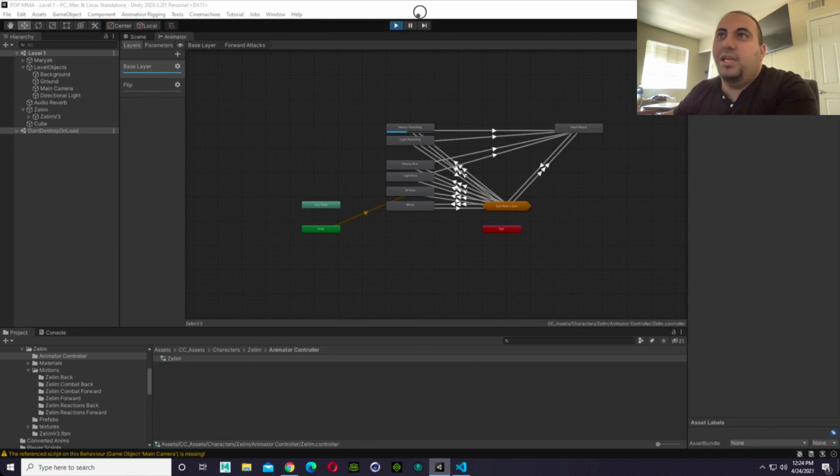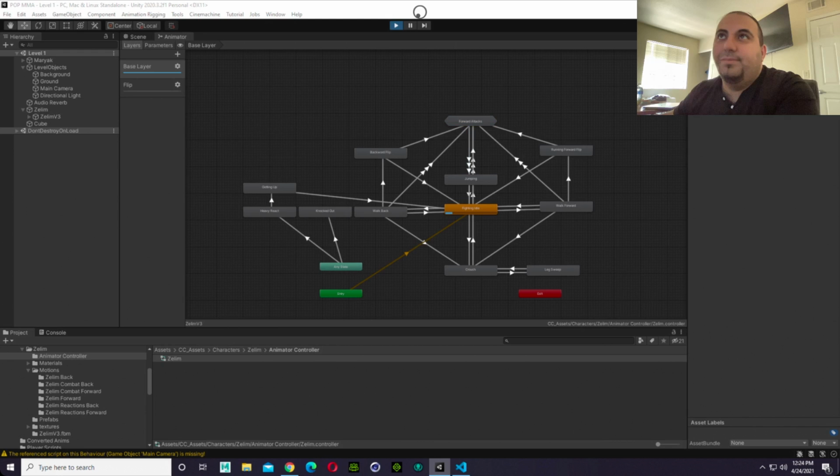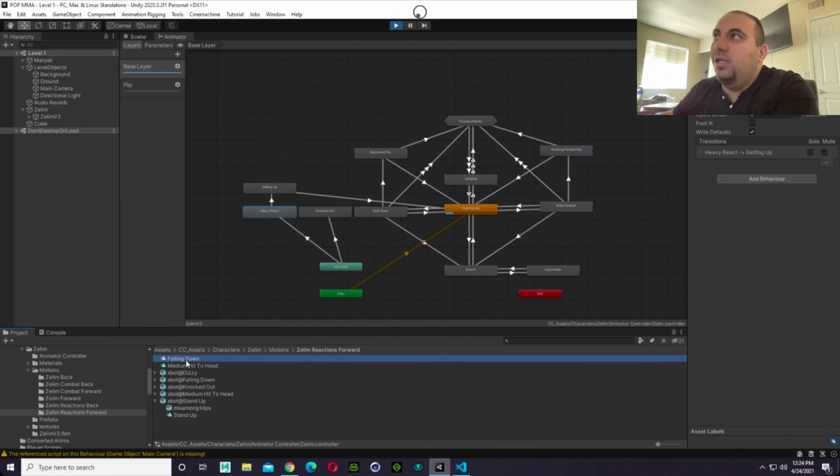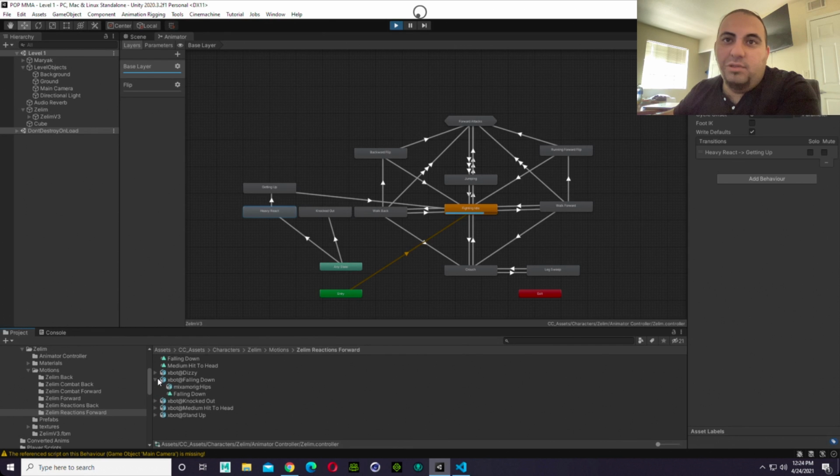You see, these nodes are getting called. Anyways, we have head react, knocked out, getting up. Heavy react actually is the one. I know that because I put that there. So we have to go here and replace falling down with the one that I had before, which is the original one. All you gotta do is click on this falling down animation,